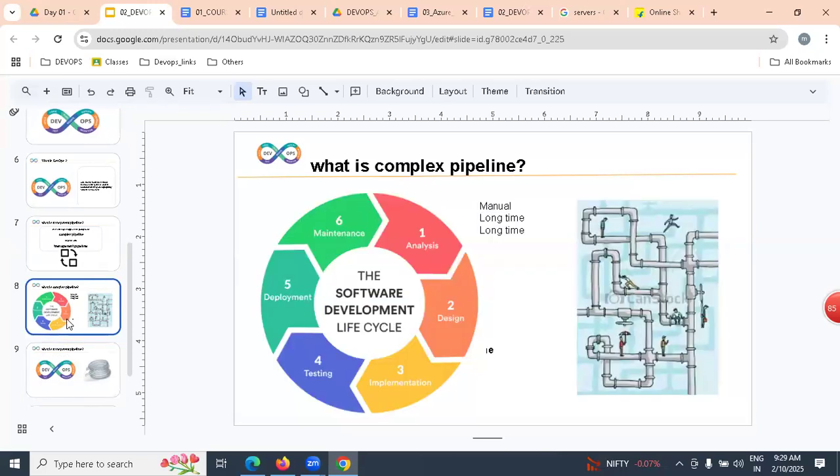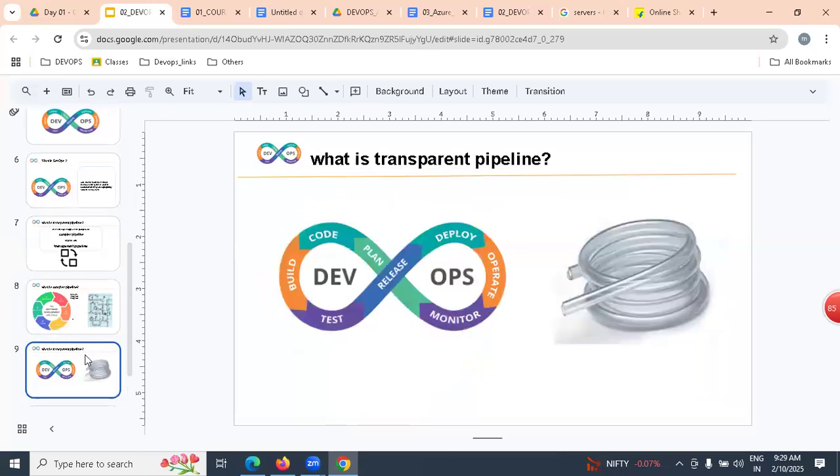Sir, why are we calling SDLC a manual process? Why are we calling DevOps a transparent pipeline?